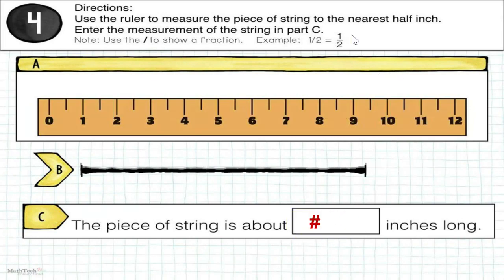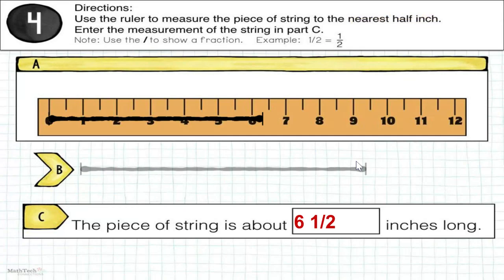Let's try it again. Once again, I'm highlighting what I'm measuring to, nearest half inch. So I'm going to move that piece of string up. Here's the 6, here's the 7, and here is the 6.5. Now you're going to see it's between these two, but do I go to 6 or 6.5? Well, once again, I'm going to find that halfway point right between those two lines,